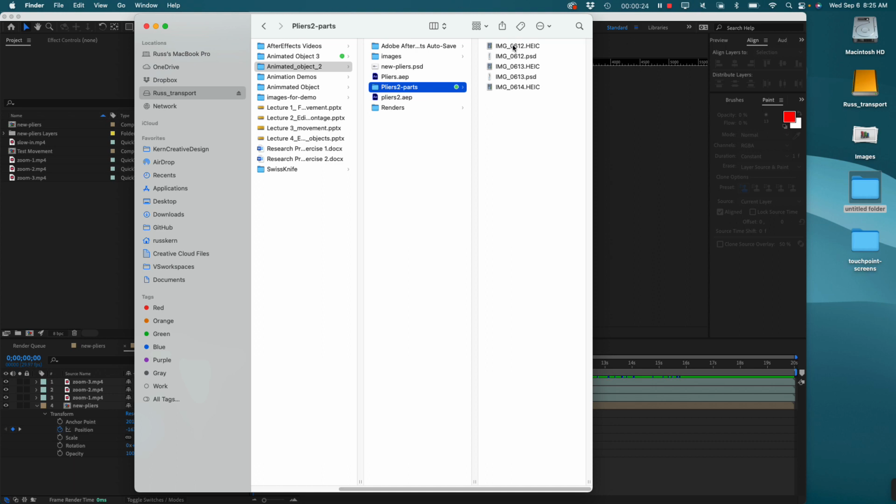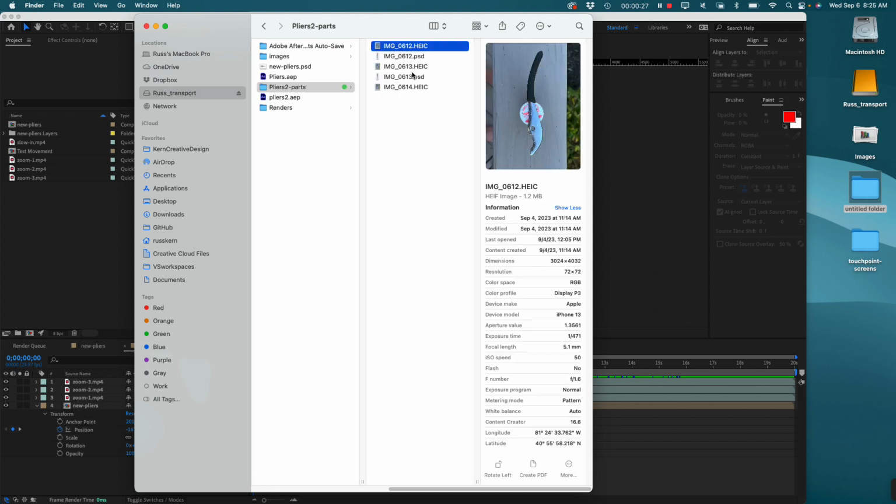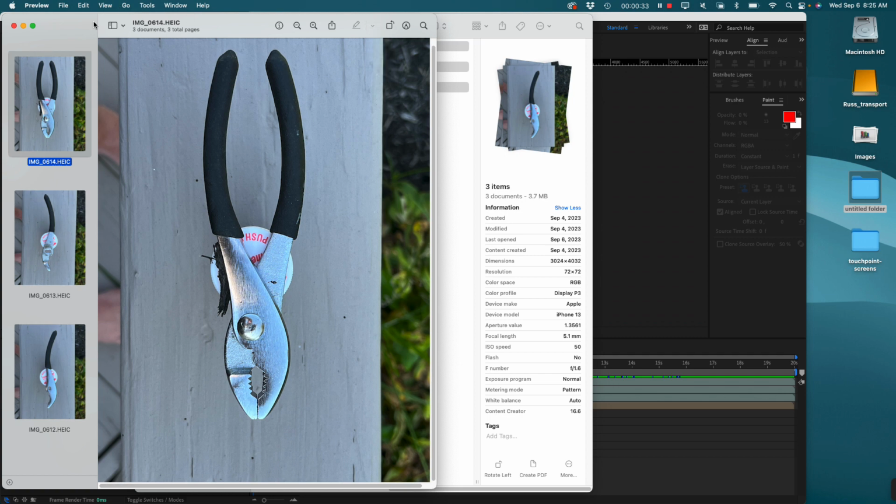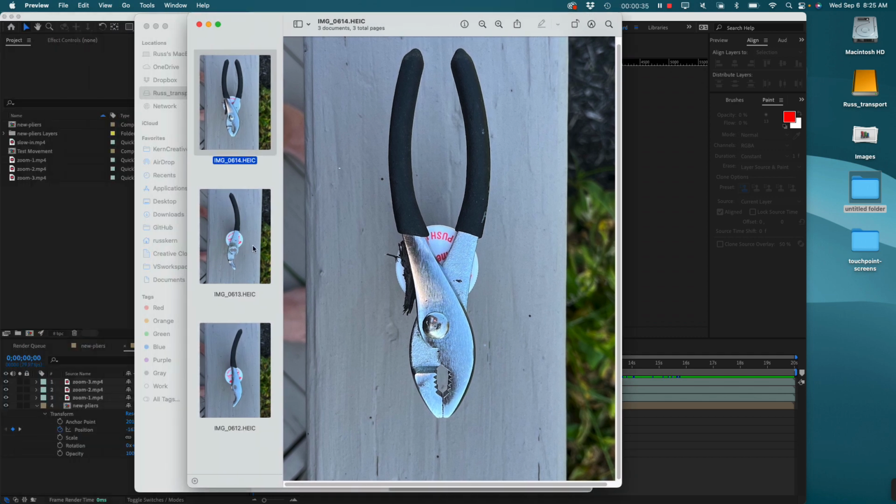Whenever I took these images, I just took these on my back deck. It was sunny out that day, I was in the shade, so it gave an even light overall. There's a little bit of reflection on it, but you can see I suspended these above the rail with just,